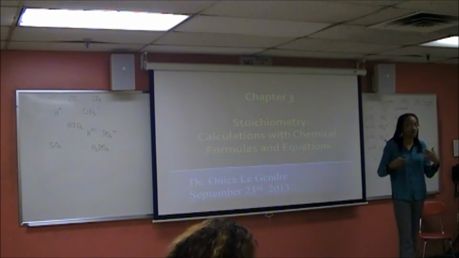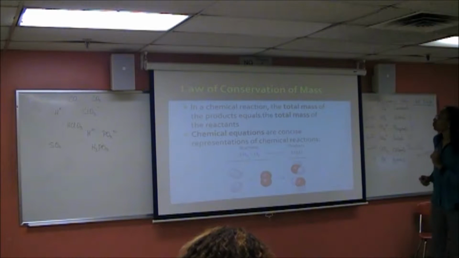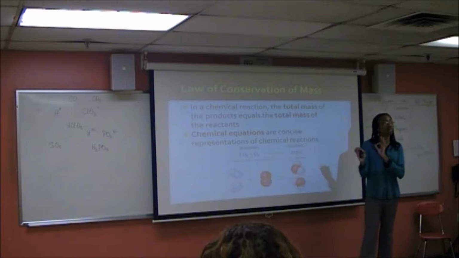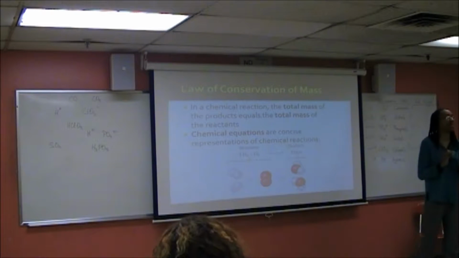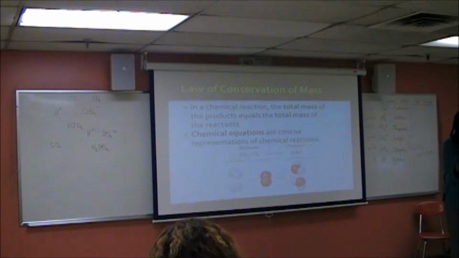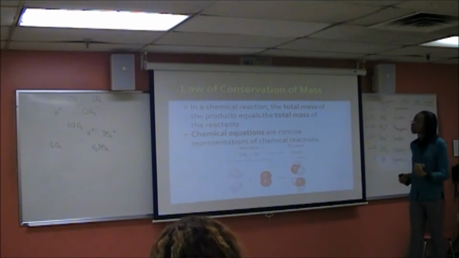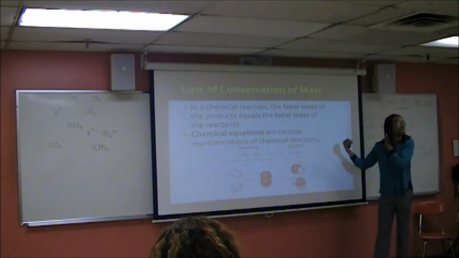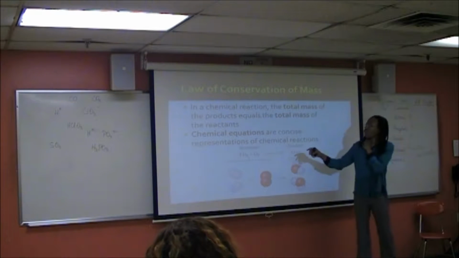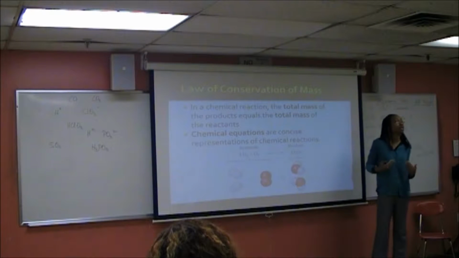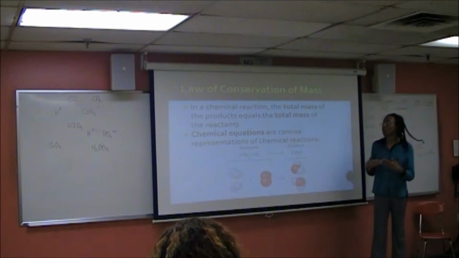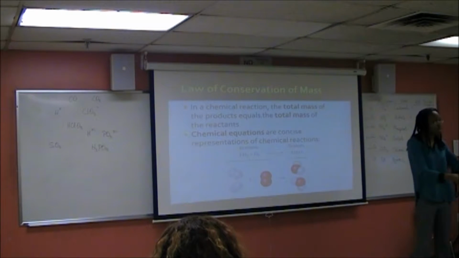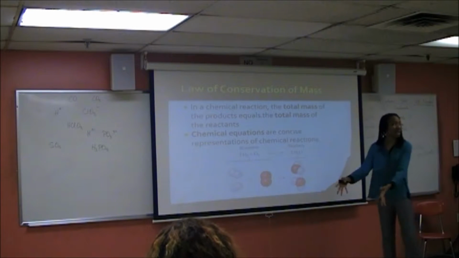Now our chemical equations. There's some things that we need to know about our chemical equations. Okay? First thing we need to know in terms of stoichiometry is the law of conservation of mass. The law of conservation of mass simply means what you put in is what you get out. Alright? So the total mass of your reactants should be the total mass of your products. Alright? So here you have your reactants in the chemical equation. Your chemical equation simply is a way for us to represent your chemical reaction. It tells you what you have placed into the pot and what you are expected to get out of that